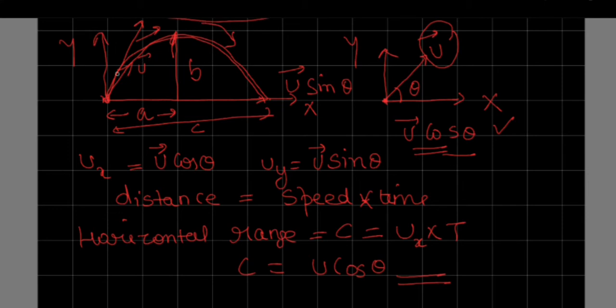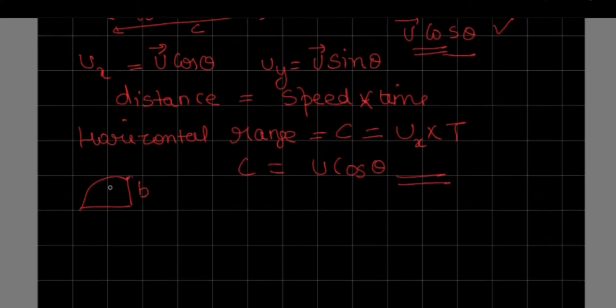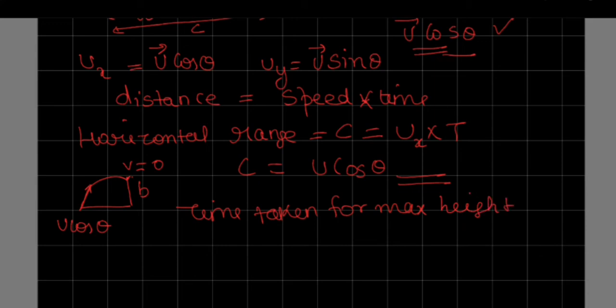So for this bit, only this bit, if you see, the maximum height which it can reach is b, right? So maximum height is b. What do you think? Its initial velocity is u cos theta, right? But final velocity will be 0, because it will stop for a moment and then will come down for this path only. Now if you find out the time taken for maximum height, what would it be? So time taken for maximum height. Could you please tell me for that?